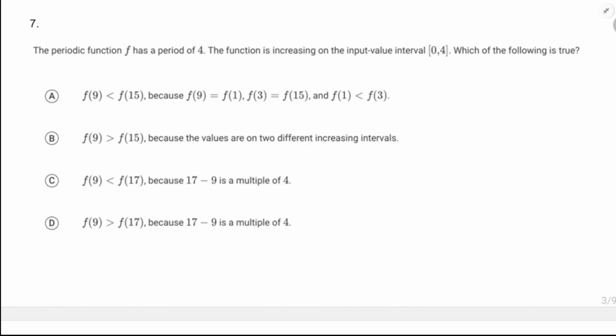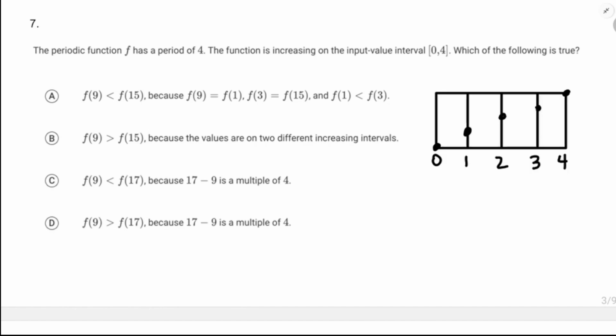So f of 9 is less than... Okay, I think that looks believable to me. Oh. Let's break this down. That's a picture of a function that's increasing, and suppose that's just what one period of the function looks like. I don't think any generality is lost there. Starting at 8, it would be like 8, 9, 10, 11, and 12. And then if I did starting over at 12 right here,